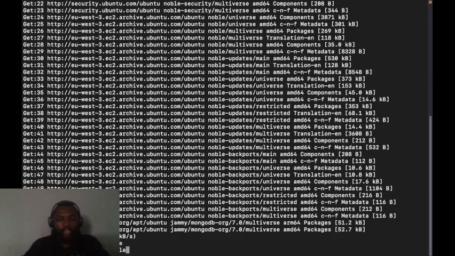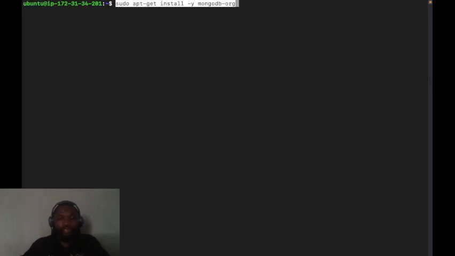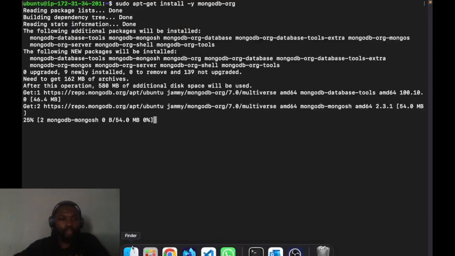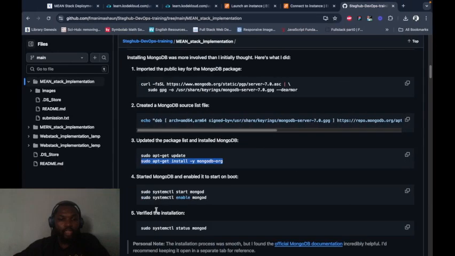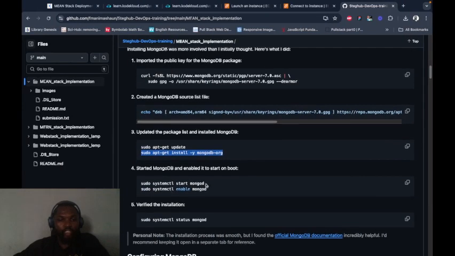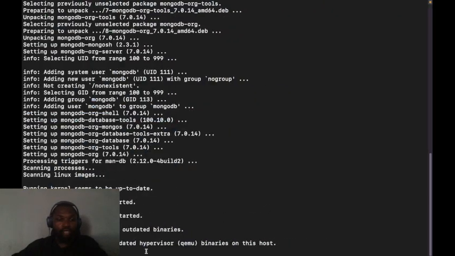So I can clear my screen, then installing. When you are done with the installing, the next thing you want to do is to start the MongoDB service. Just like Nginx, when you install Nginx, the service starts by itself without you needing to start it. But in the case of MongoDB, you need to start the MongoDB service,